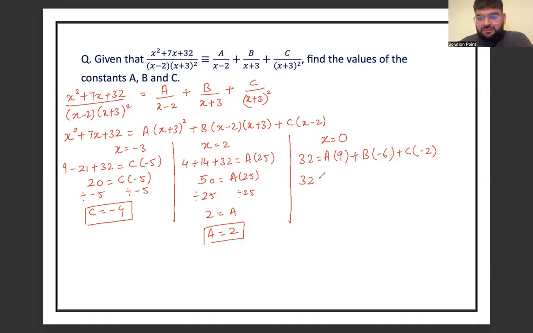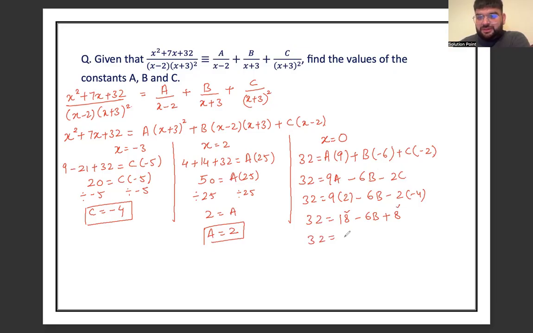So 32 equals 9 times A, minus 6 times B, minus 2 times C. Now we know the values of A and C. Let's substitute these two values here and work out B. So 32 equals 9 times 2, minus 6B, minus 2 times minus 4. 9 times 2 is 18, minus 6B, minus 2 times minus 4 is plus 8. So this is 32